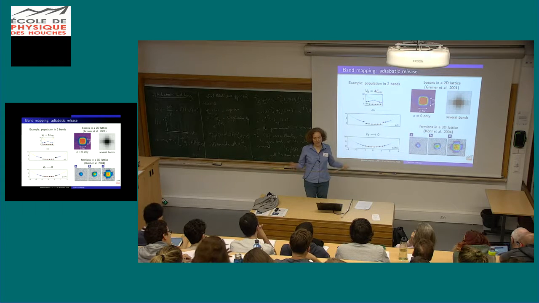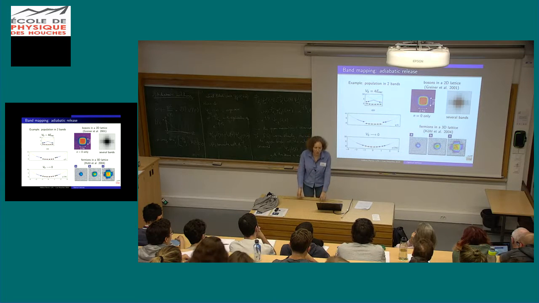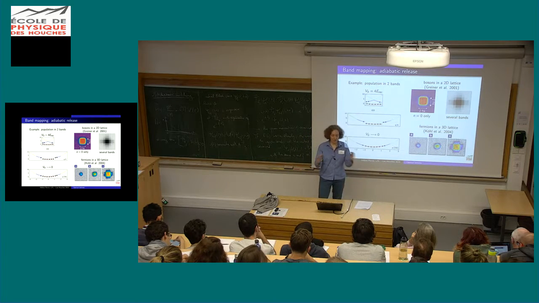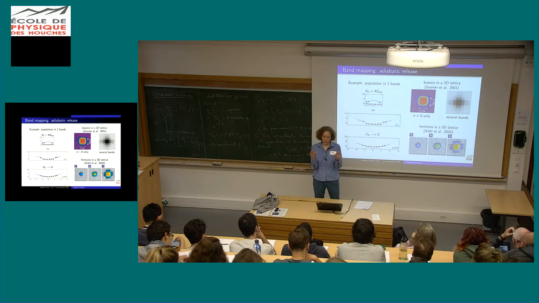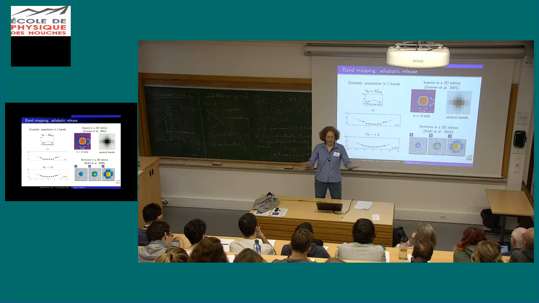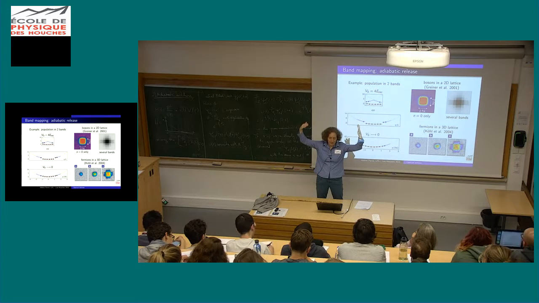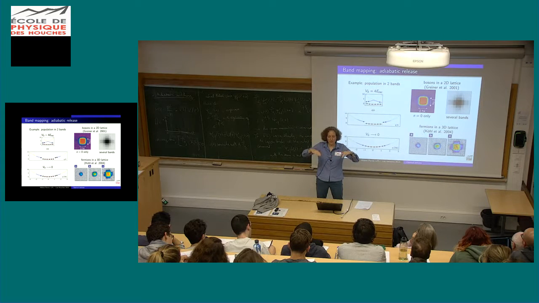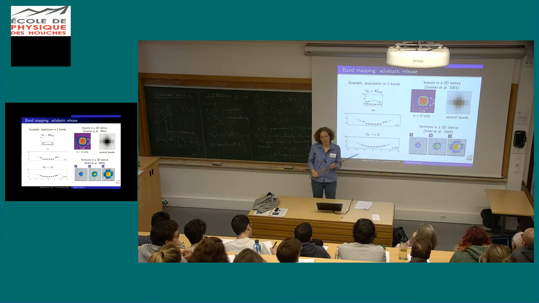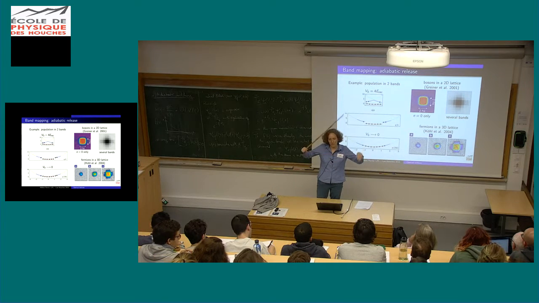Normally, the momentum is much smaller. So if you have energies reaching the recoil energy, that's because you gave energy to the sample. So what you do is that you start from a situation where you gave some energy to the sample on the order of the recoil to populate the fundamental band everywhere, but less than the gap V0 to the first excited band. So you give some energy which is on the order of E-rec, but less than V0. So it's a situation where, of course, V0 is larger than E-rec.